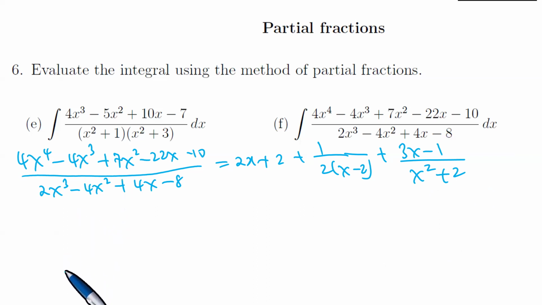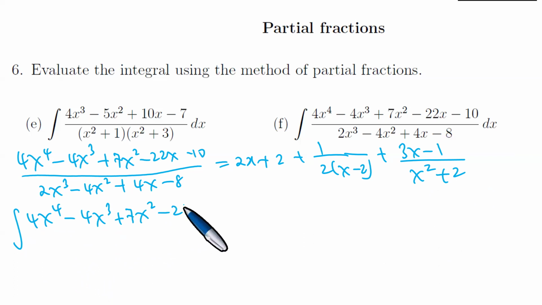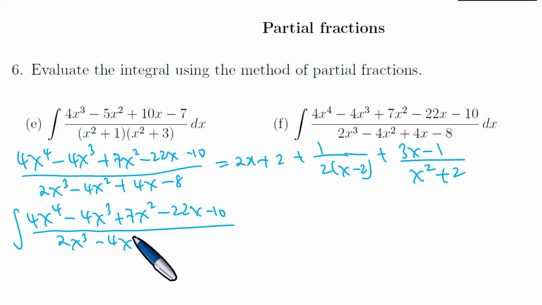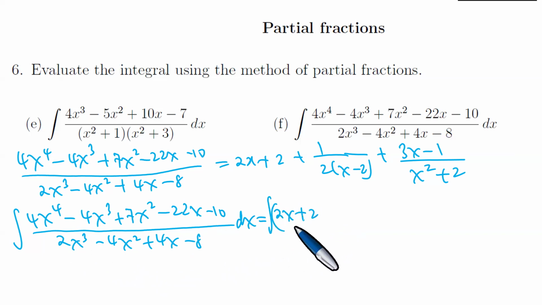Now we are in business and we want to just get the integral of this. So the integral of 4x to the 4th power minus 4x cubed, 7x squared, 22x minus 10, all divided by 2x cubed minus 4x squared plus 4x minus 8. Two x plus 2. The integral of 1 over